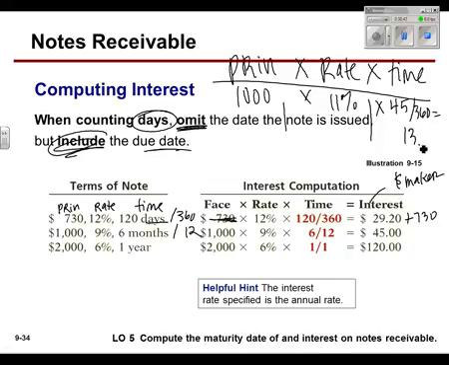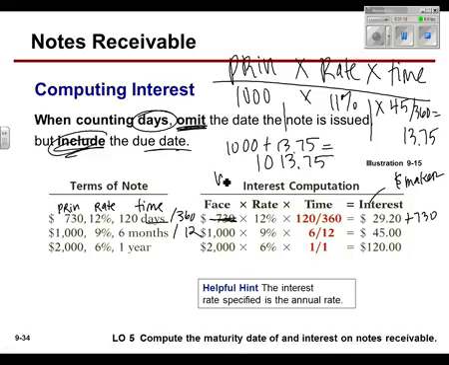We are going to round to the nearest cent or thousandth. So what if it would have been 13.751? 13.75. What if it would have been 13.758? 13.76. Okay, got that. So this $1,000 loan is going to be 1,000 plus 13.75 equals, I'm going to owe